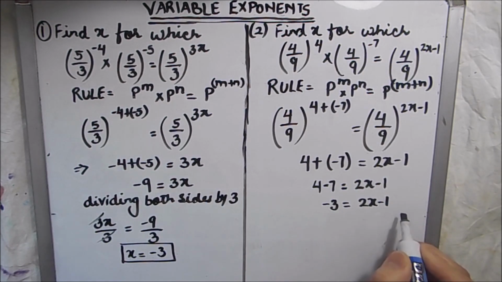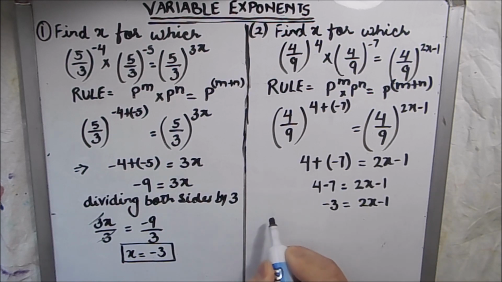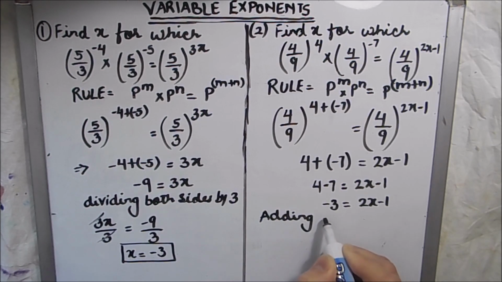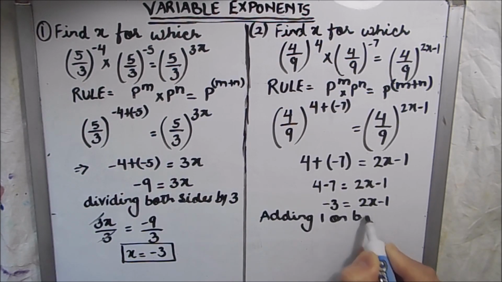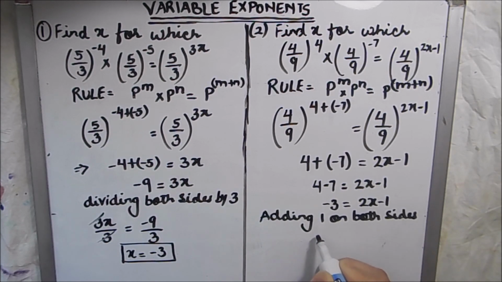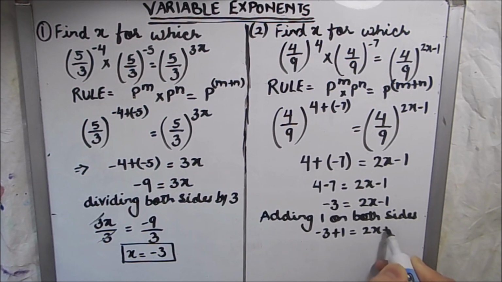So now we'll add plus 1 on both sides to get rid of this negative 1. So adding 1 on both sides, this becomes minus 3 plus 1 is equal to 2x plus 1 minus 1. So this gets cancelled, and we get minus 2 is equal to 2x. Now we'll divide by 2